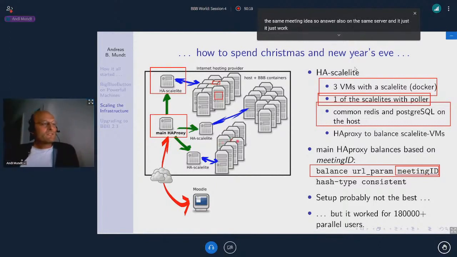Looking back, I wouldn't recommend exactly this setup. So probably there are better ways to do this. And yeah, it was kind of a shot in the dark, but it worked. And for us, it's because we all do this more or less